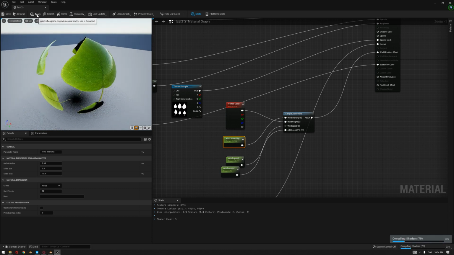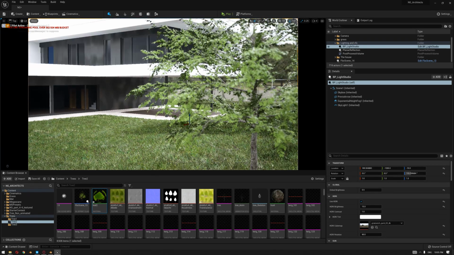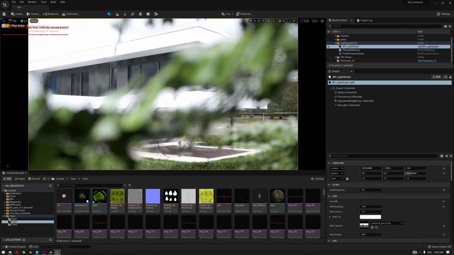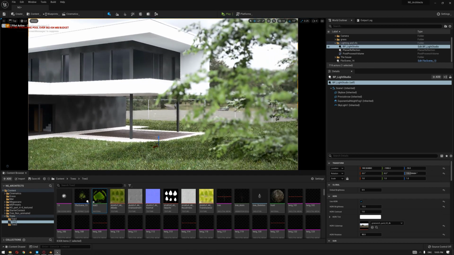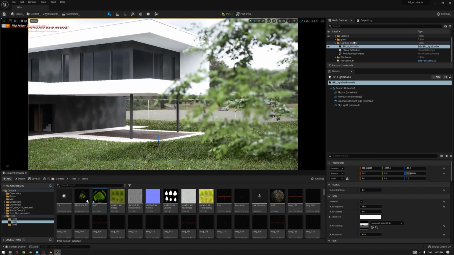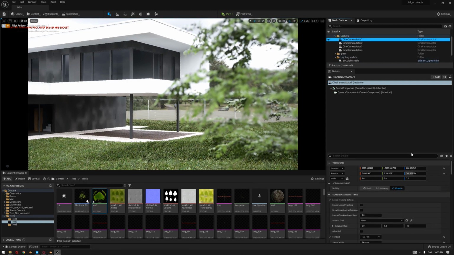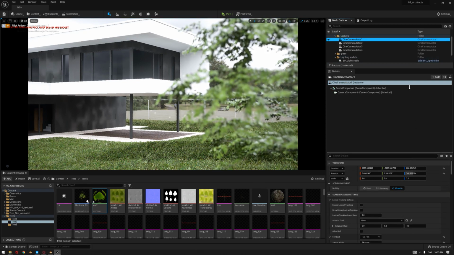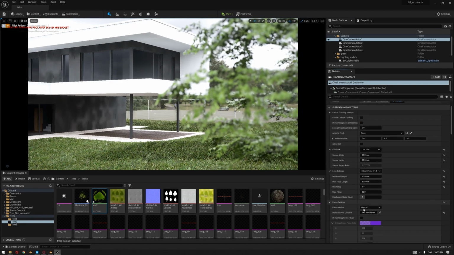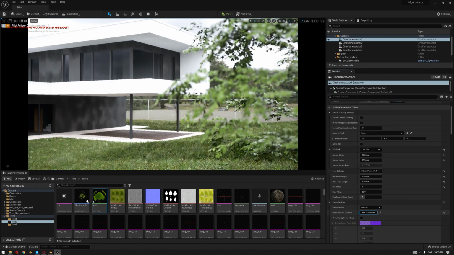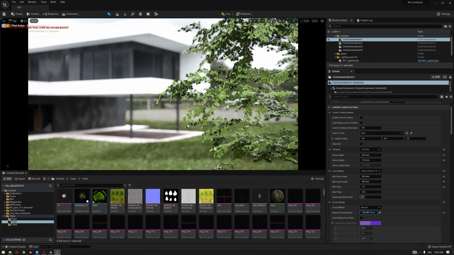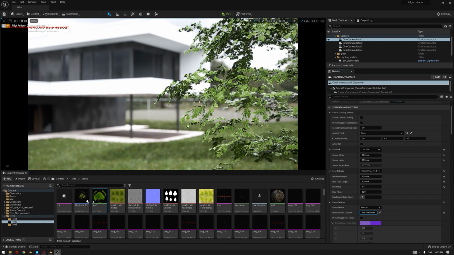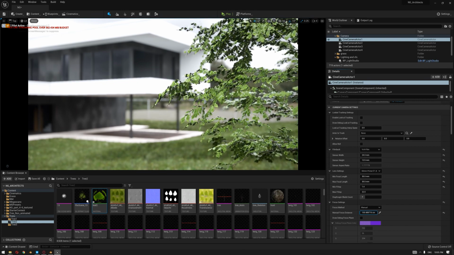You can start to see now that there is some movement, and if we hit apply, we can see the tree. Let's get a little farther from the camera. This is camera 1, so inside camera 1 we'll adjust the focus distance to the tree. Now you can see that even without the animation of the tree, there is some movement on the leaves using that vertex color, and this is very useful.